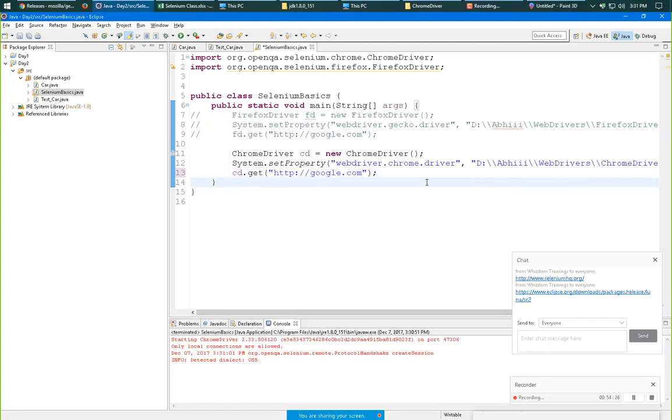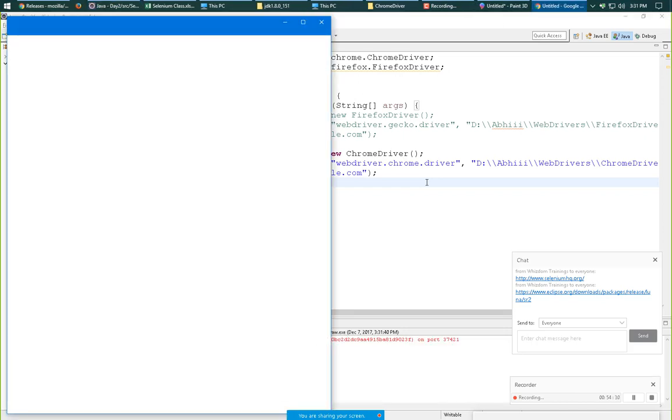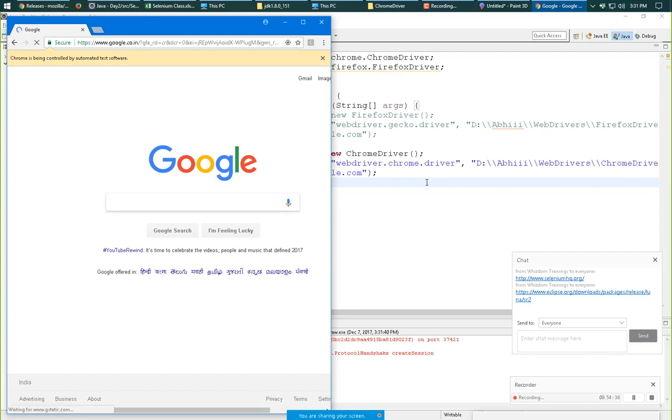When I run it, see, it is trying to open google.com now. The window has opened, it is now trying to navigate to google.com, and it has opened the website now.